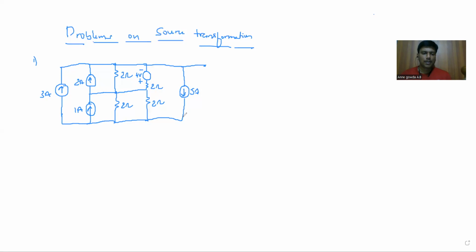So across the terminals A and B, the problem is we need to convert this entire circuit into a single voltage source across the terminals A and B with a series resistance. So to solve this problem,